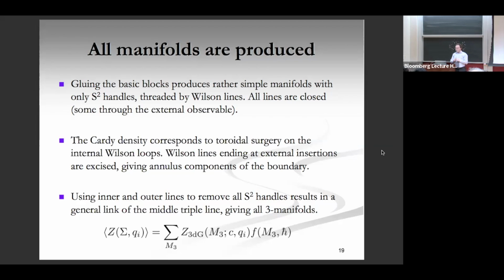So then another question is, supposing I take M3, which is just the product of a circle and a Riemann surface. Isn't the 3D gravity partition function infinite? Yeah, so that's related to the matrix part of the story. That's related to the part that I don't fully understand.